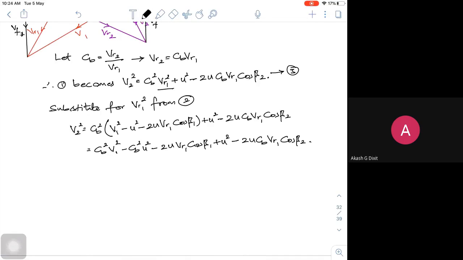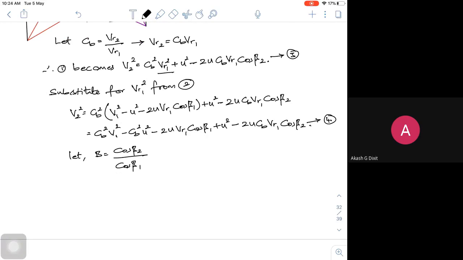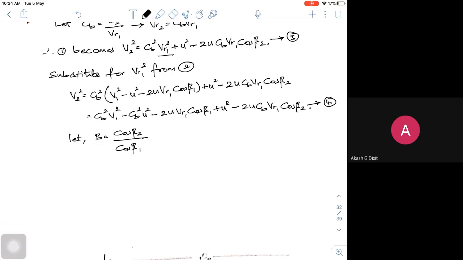Okay, so further simplification I can do. To do that, I will define something, let capital B be equal to the ratio of cos beta 2 by cos beta 1. If beta 1 and beta 2 are both the same, this will be 1 in the case of an impulse turbine. But for the reaction turbine, this will have some number. So if I define B is equal to cos beta 2 by cos beta 1, then I can write